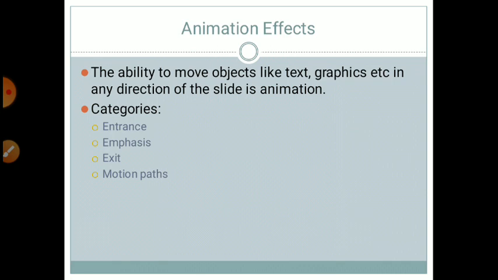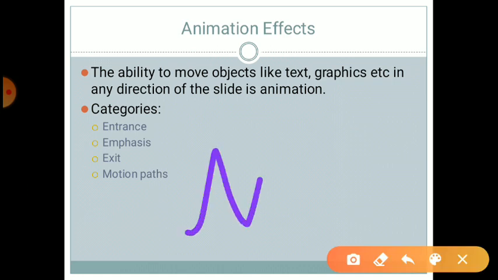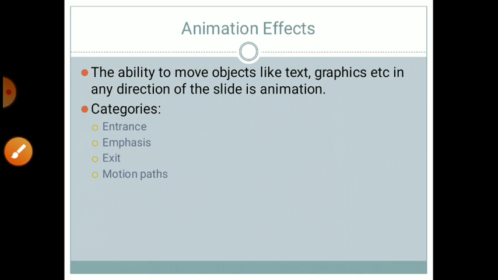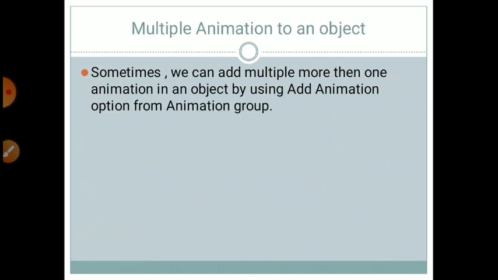Then motions. These effects enable the objects to move from one position to another within the slide along a predetermined path, like a circle, up and down, and something else. Like this one, when we show it, it will move like that. Next, multiple animations on an object.